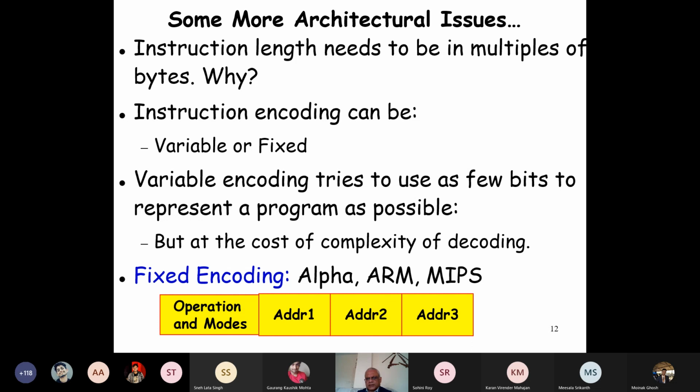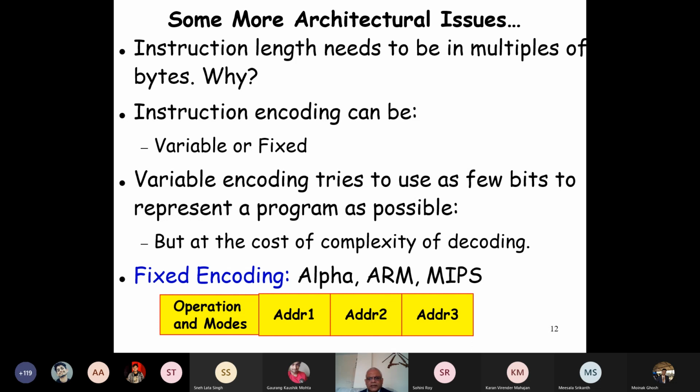Please listen to the answer. The answer is all computers are byte addressable. There are some computers, of course, where the address is multiple bytes, but the minimum thing that you can access is a byte. If you get something from memory, it is 1 byte or 8 bits. That's the meaning of byte addressable: you get 8 bits at a time on one read operation from the memory.